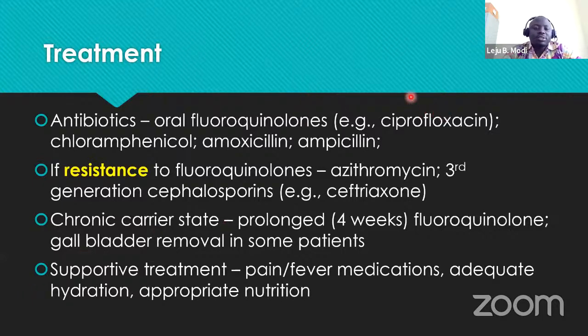A common example is ciprofloxacin, and there are many other fluoroquinolones on the market. If that might not be helpful to somebody, there are other options, including chloramphenicol, amoxicillin, ampicillin, and so on. Also, if it is known that Salmonella typhi has developed resistance to fluoroquinolones, then other broader spectrum antibiotics like azithromycin and the third generation cephalosporins like